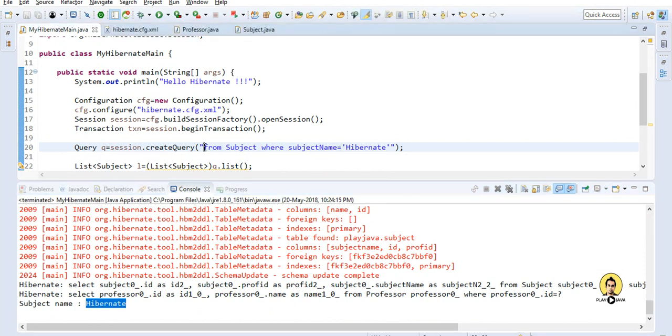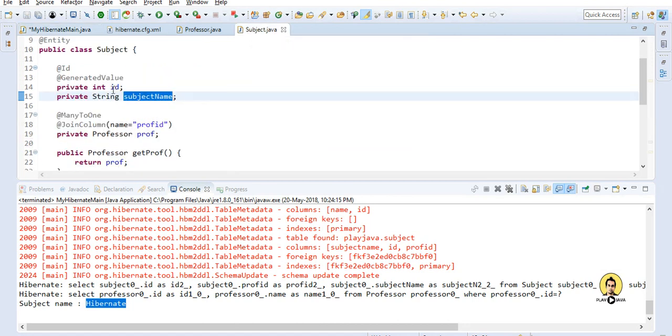What we can also do is, instead of selecting all the data, we can just select the subject name from subject, or just select the ID. Let's see, this is the ID.